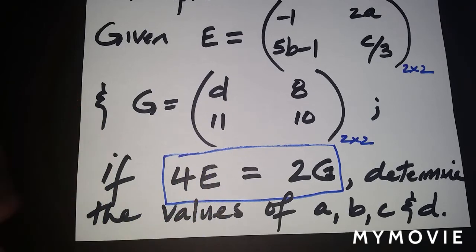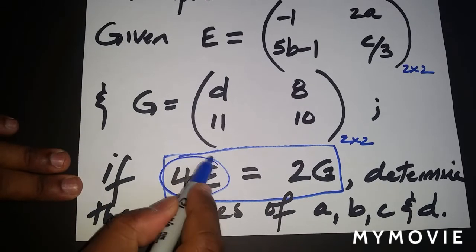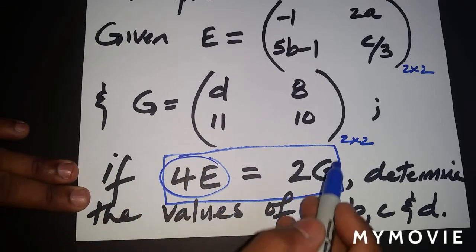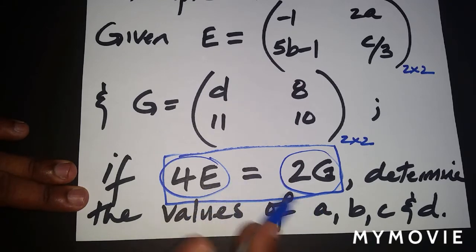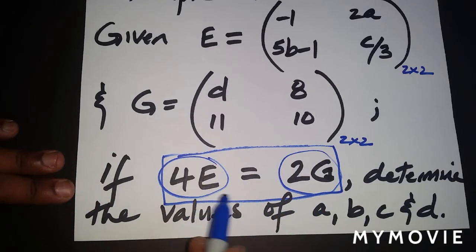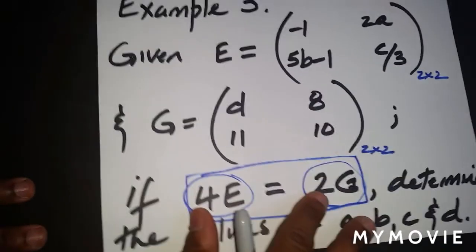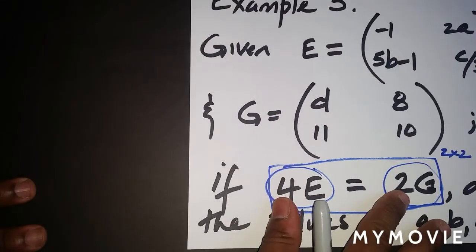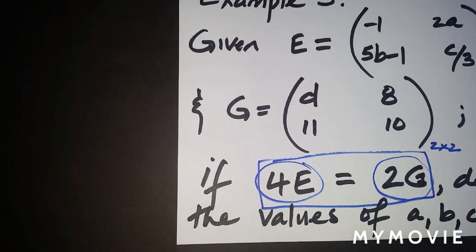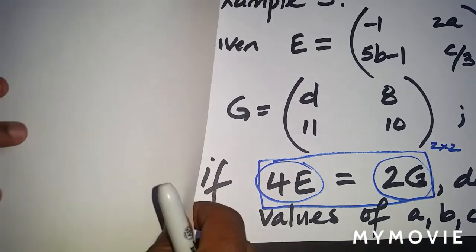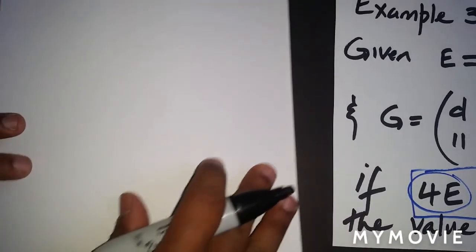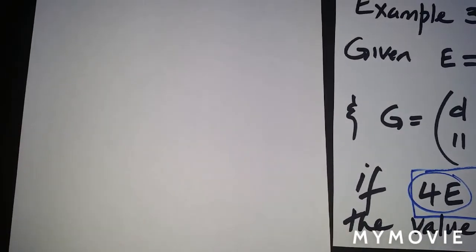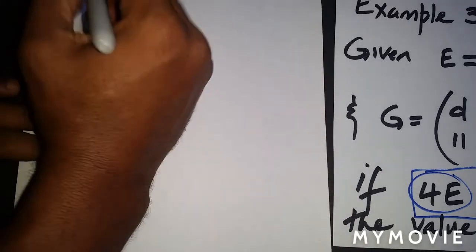Now, the first thing we need to find is 4E, and then the next thing we need to find is 2G, and then equate them, and then equate the corresponding elements, and then solve for them. So the first thing we're going to do is find 4E. So let me just put this here. First thing we need to find is 4E. So we need to work that out. So let me just slide this over a little bit. So 4E